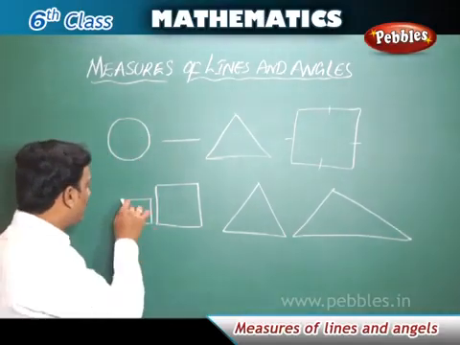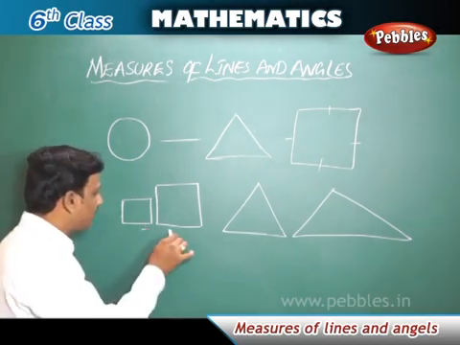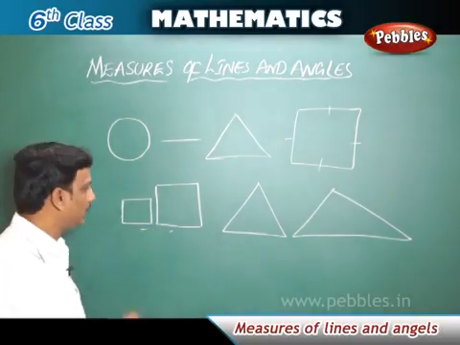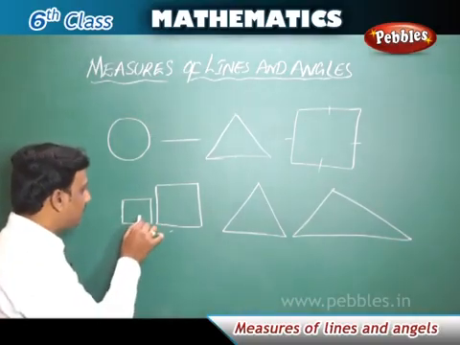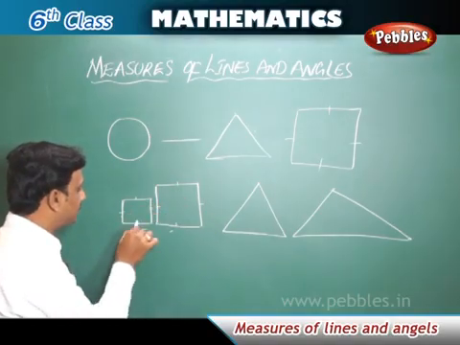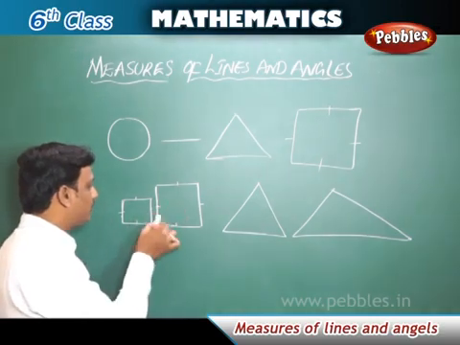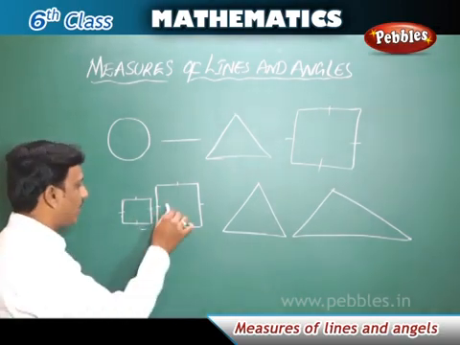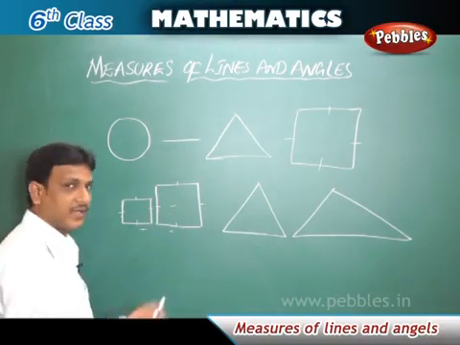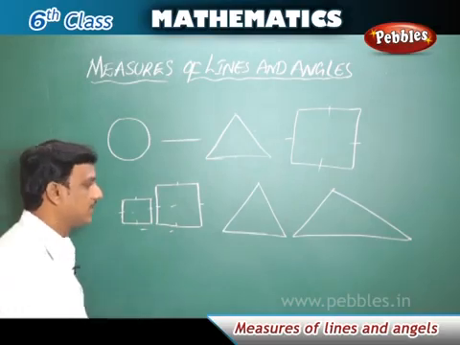When we see some basic geometrical shapes, if we have a set of them, we can compare them just by looking at them. See, here are 2 quadrilaterals. We can compare these 2 quadrilaterals. Which one is bigger? Which one is smaller? So this is bigger. Here we are not measuring its length or width. Just by looking at it, we can easily find out which is smaller and which is bigger.